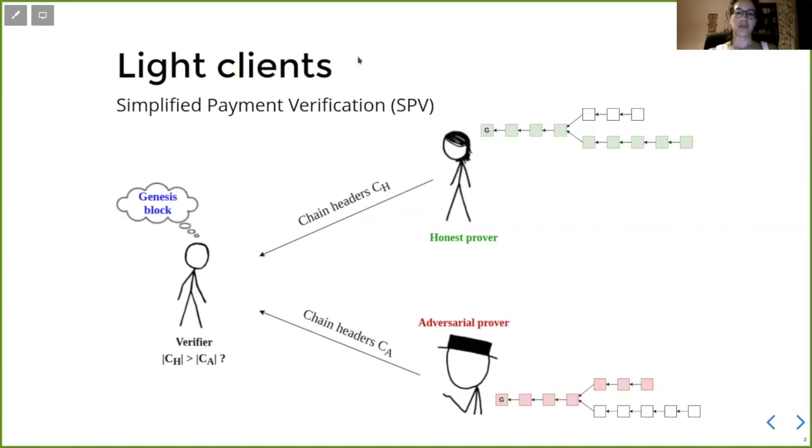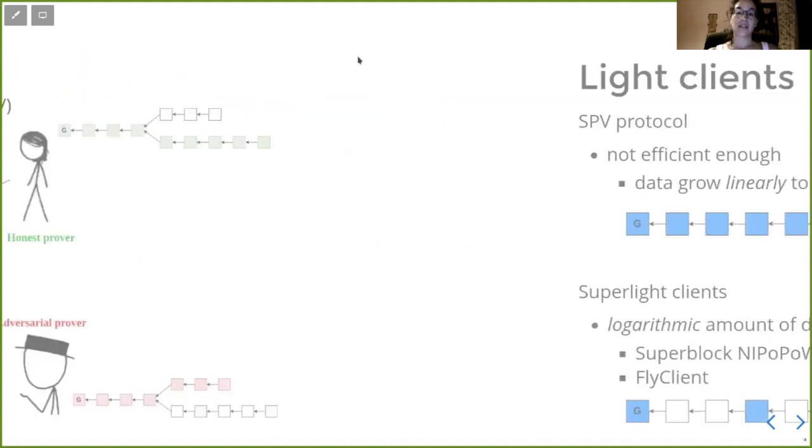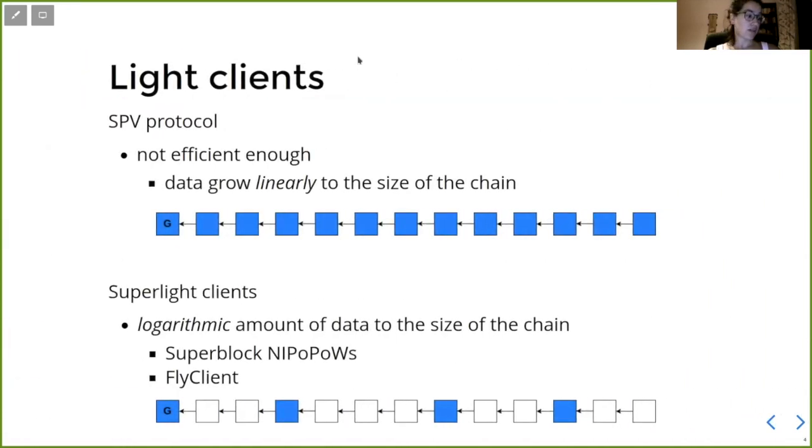Now, I guess you've all heard about the SPV Light Client Protocol introduced in the Bitcoin white paper. So we have a light client protocol that says, in order for the clients to be more efficient, they can only download and process the block header information from the blockchain and not the whole blockchain information. And they can verify the proof of work contained in each blockchain and synchronize to the longest valid one, the one having the most proof of work in it. So this is an efficient protocol